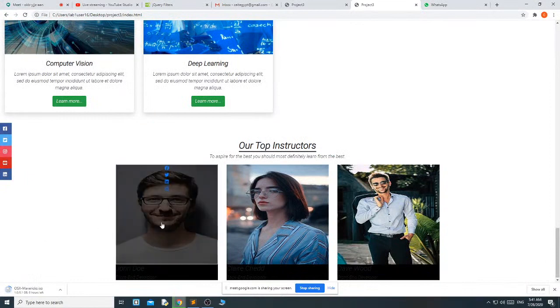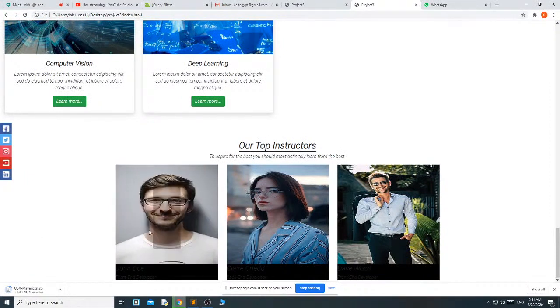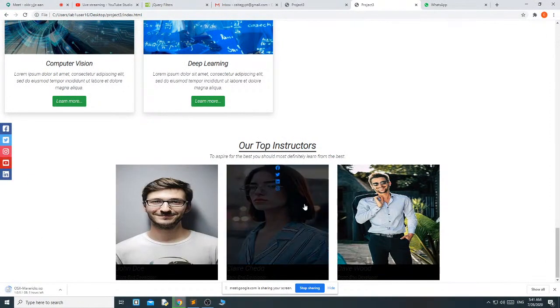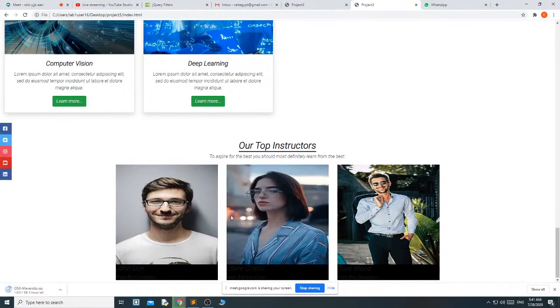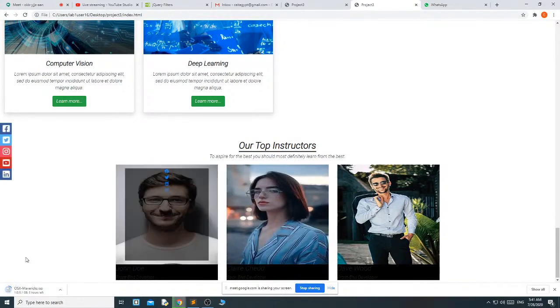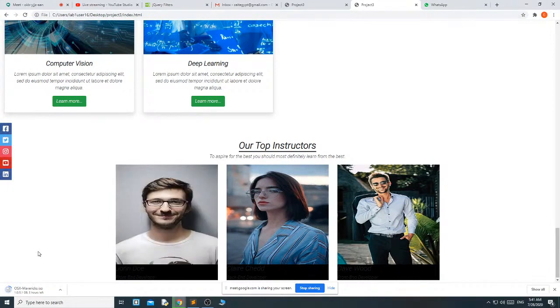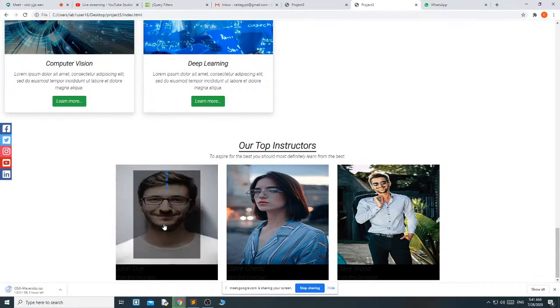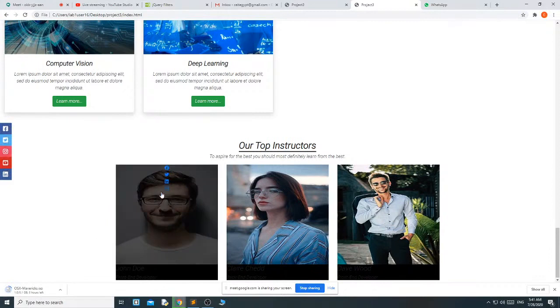Okay, it rotates 180 degree, which gives a flip look, and it zooms also. Your image and these things both zoom at the same time. Okay, the only thing is I want to keep this thing here.